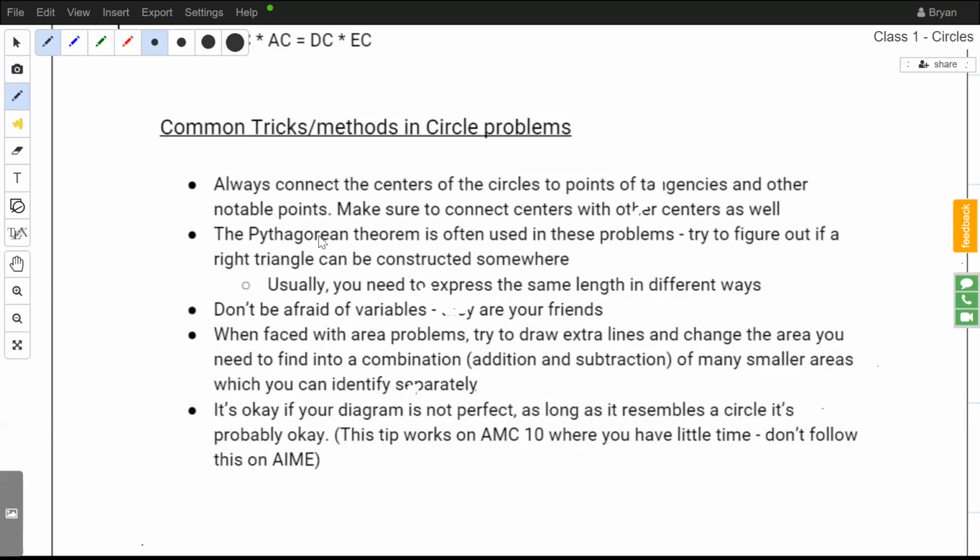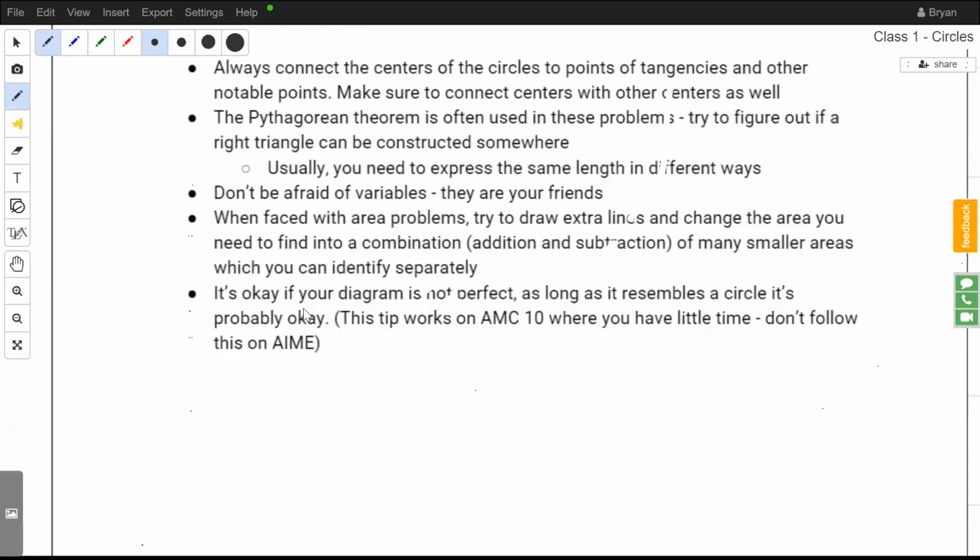And another one is that the Pythagorean Theorem, even though it applies to right triangles, shows up really often in circle problems, especially where you can make a right triangle. And usually when a problem requires it, you'll have an unknown length or an unknown radius, and they're going to ask you to find the length of this side, and you can usually do this by expressing it in terms of the radius and also in terms of some kind of Pythagorean theorem. There are example problems later that will be